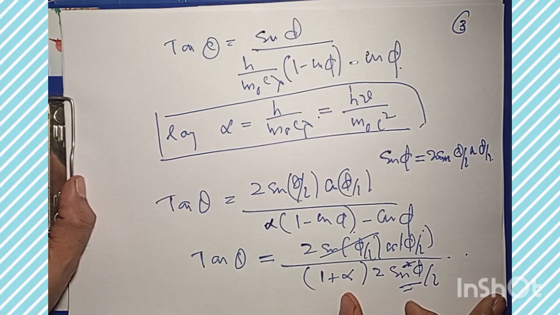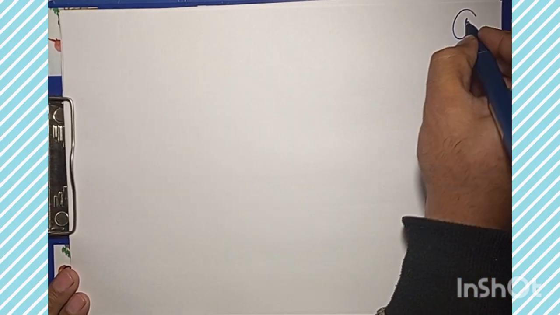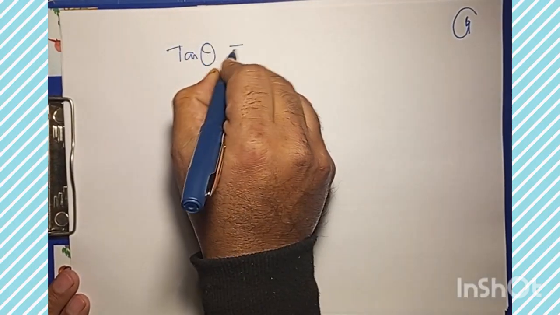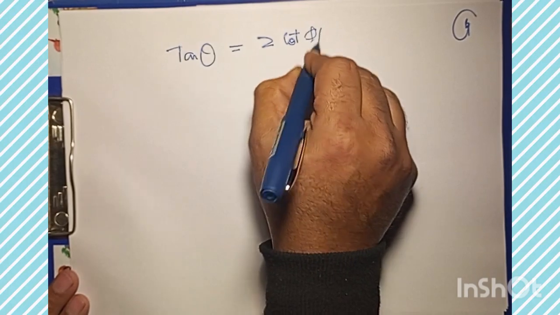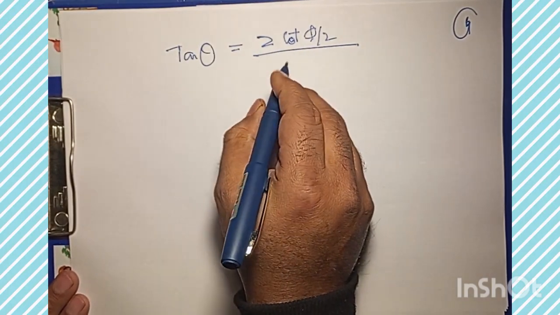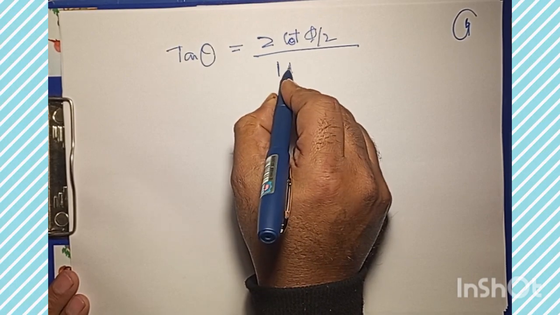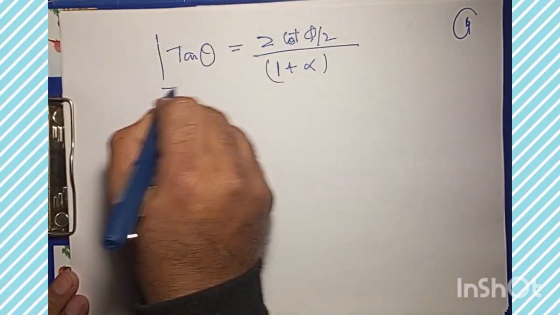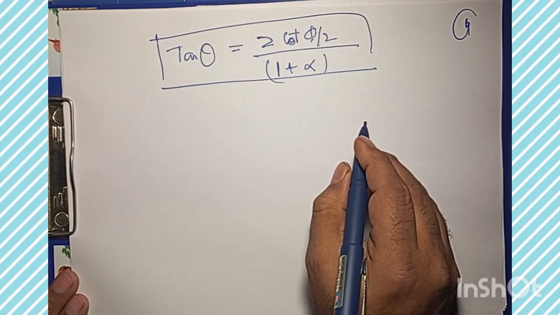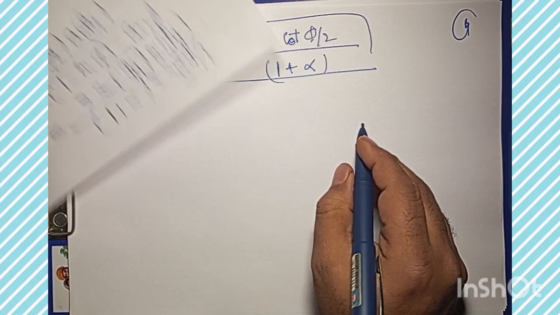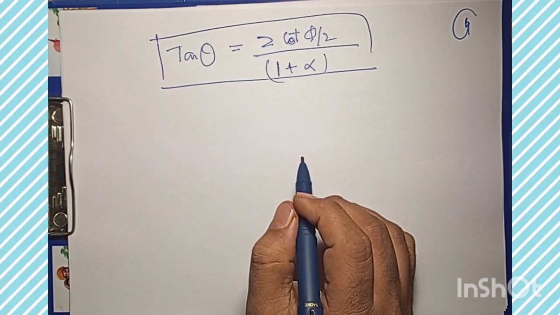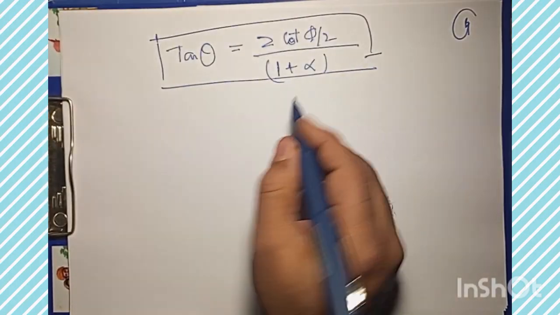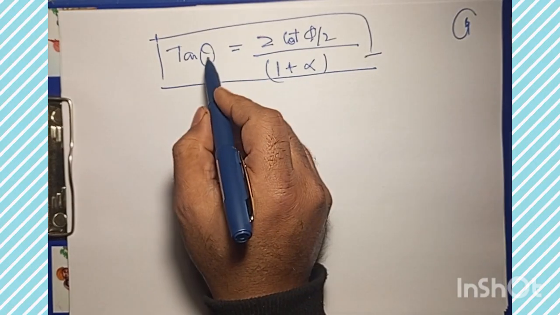So cos theta by sine theta is cot theta. So what I'm going to get here is tan theta equals twice cot phi by 2, divided by what we will be left with in the denominator, which is 1 plus alpha, and alpha is already defined as a constant whose value has been taken as h by m naught c lambda. So with this equation, this is our required relation that correlates the angle theta